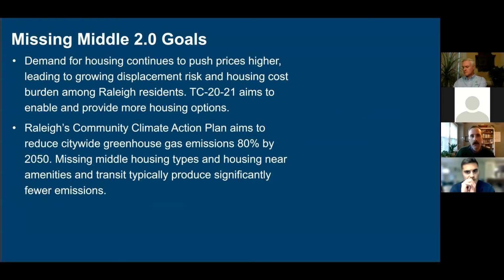Angles why this text change is being proposed. One is that demand for housing in Raleigh continues to push prices higher. Displacement is increasingly a problem, particularly in South and Southeast Raleigh, but across the city, housing cost burden is a real challenge for people. And one of the ways, it's not the only way, but one of the ways that the city can combat the housing crisis and preserve some affordability and create more affordable housing is to enable and